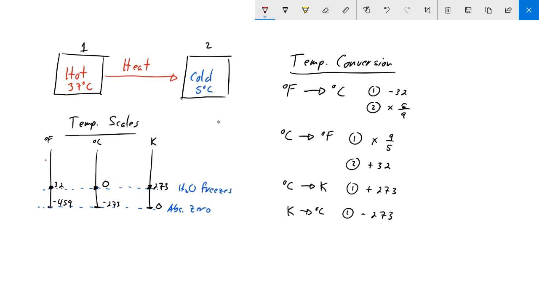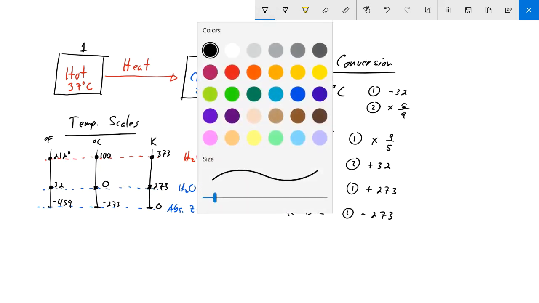And then we'll just look at one more temperature so we can make this comparison. Let's look at water boils. So when we do this water boils temperature, it would be 373 Kelvin. It would be 100 degrees Celsius, and it would be 212 degrees Fahrenheit. And let me just make a little note here. Let's pick